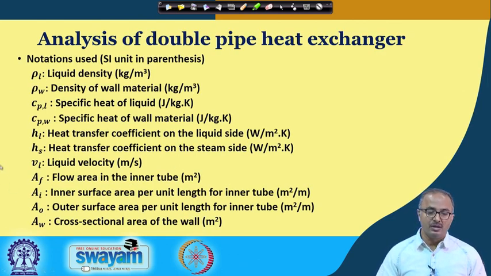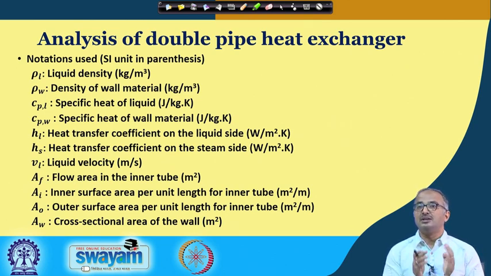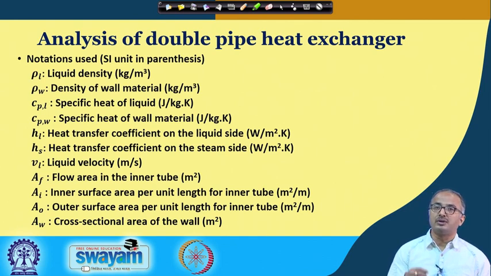So here I have shown you the various notations I have used in this particular formulation, and I have also given you, for the sake of your understanding, the SI units for these notations. Why? Because whenever you are writing the balance equations, you should be very careful about the dimensions on the two sides of the equations. If there is dimensional inconsistency, then you have a wrong model equation, and a wrong model equation will lead to a wrong result. So I have put all these units so that you can check whether you are getting a dimensionally consistent energy balance or not.